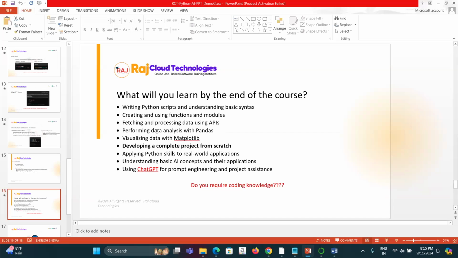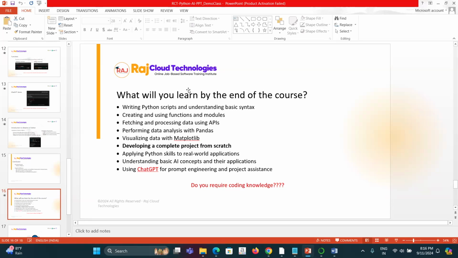Then we will do a certain amount of data analytics with pandas, like data cleaning, how to figure out whether there is any problem with any particular row or column, how many rows are there. All that information we'll be able to extract with Python. We'll also be visualizing the data. That gives you a more exact feeling of the data. It's always said an image speaks a thousand words, right? So visualizing the data is very, very important for data analytics.